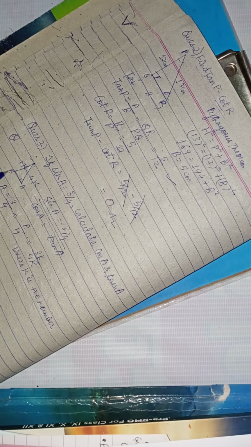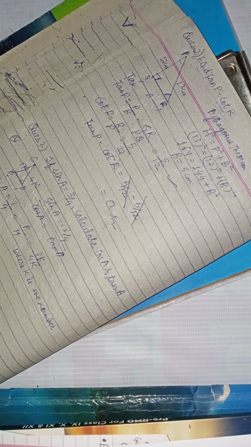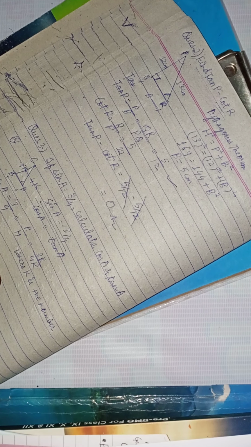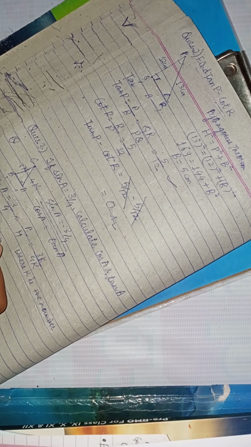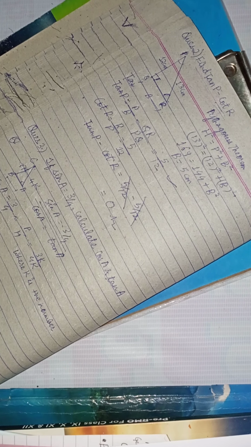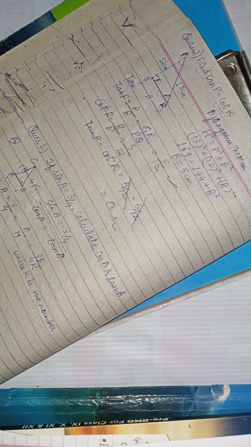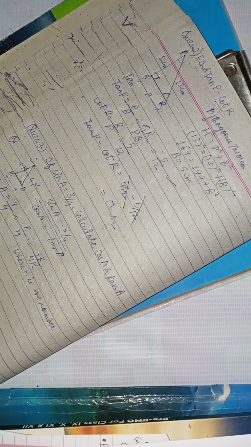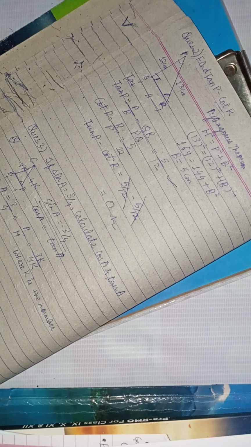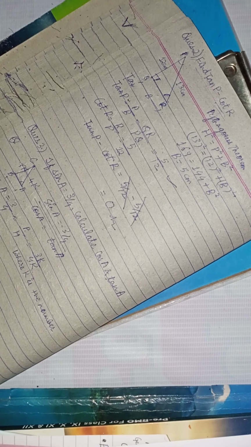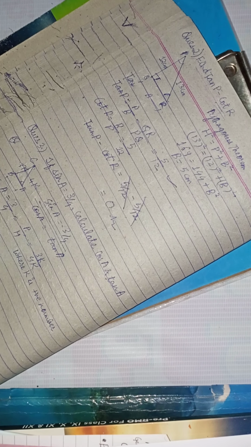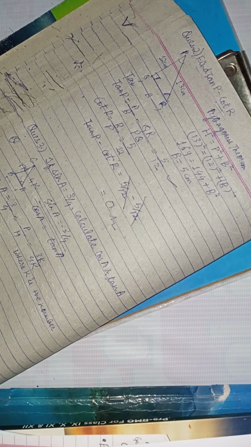So from Pythagoras theorem we can find this AB. By Pythagoras theorem, hypotenuse square equals perpendicular square plus base square. So what's hypotenuse? It's 4k. So square of 4k equals, what is perpendicular, that's 3k, plus base, which is still unknown. So 16k square equals 9k square plus b square. So that will be k root 7.